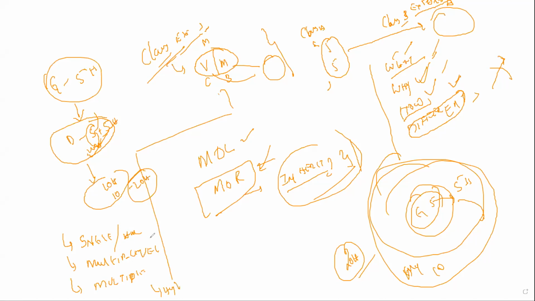Single or hierarchical inheritance: what you mean by this is class A having class B, which means class B is able to access all the members of A. So this is what would be happening. Class B extends class A. This is called single level inheritance or hierarchical inheritance. Simple. I understand. What else did you want to let me know?